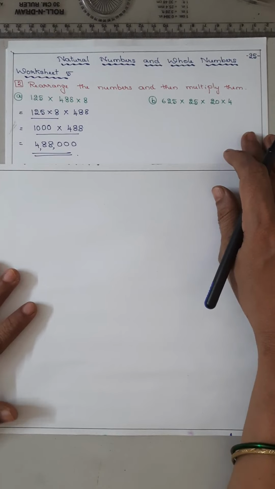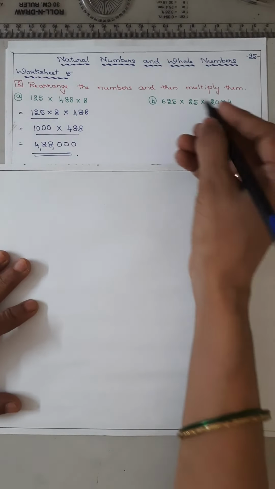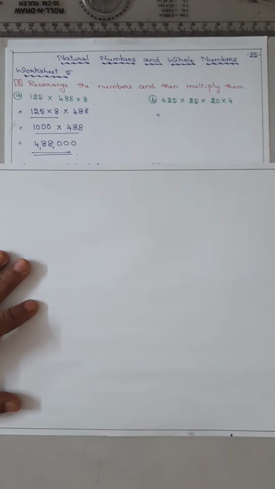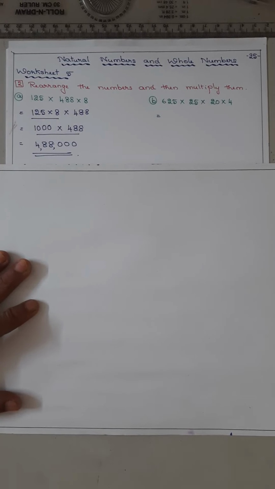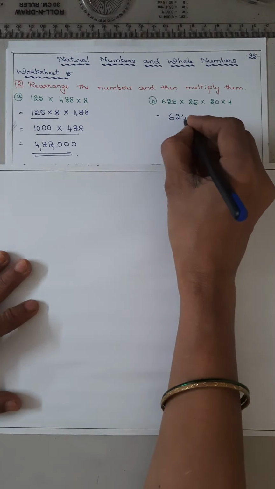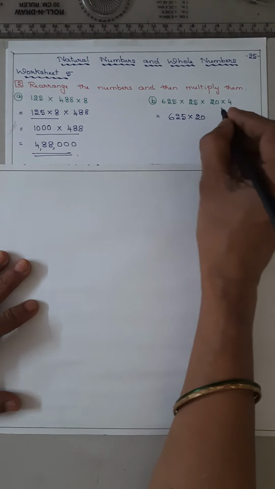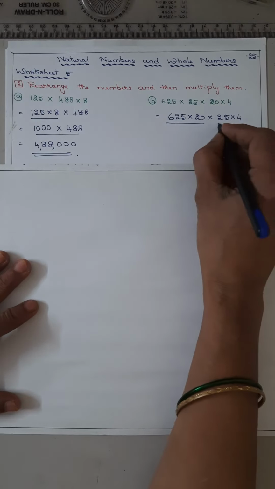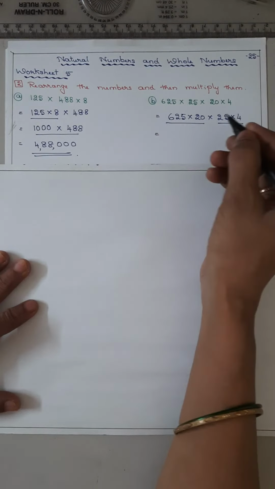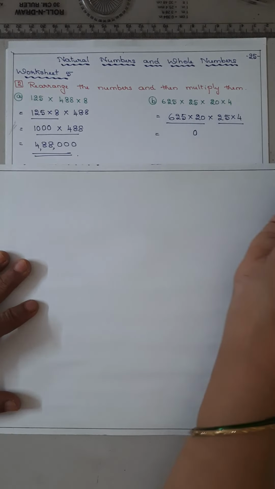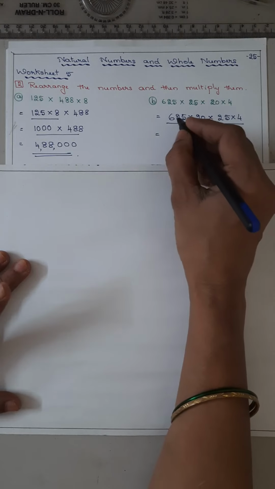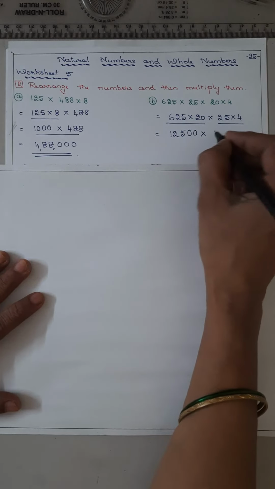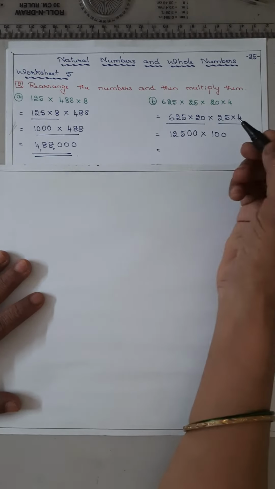Now coming to the question number B. As I have told you, 25 4s are 100. So that you keep it separate. So 625 into 20, 25 into 4. Now underline separately, multiply this 0 as it is, 2 5s are 10, 2 2s are 4 5, 2 6s are 12, and you know 25 4s are 100. So it will be